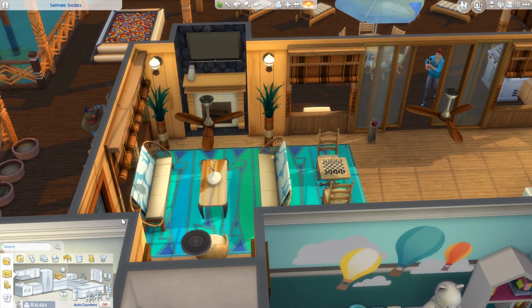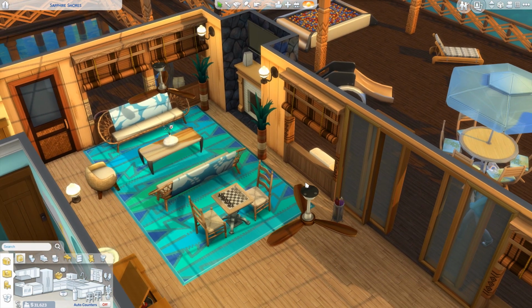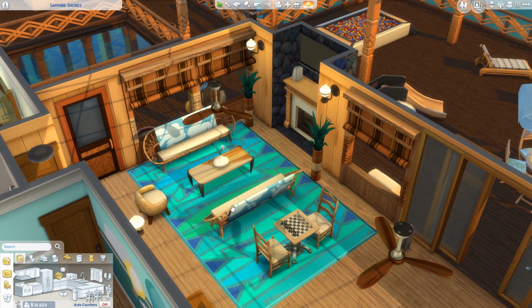And here's the main living area. It is seasons friendly because I have a thermostat, I should say, and the thing for umbrellas. So it's a nice bright little area. They have a chess table and a seating area. This, of course, these are